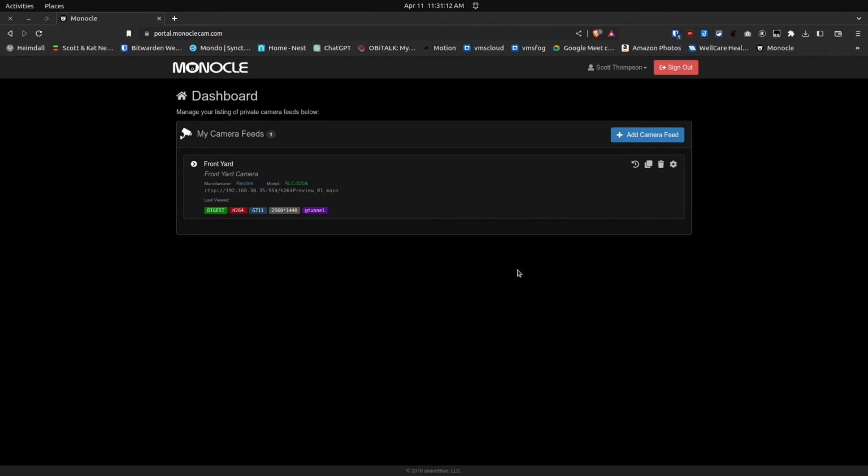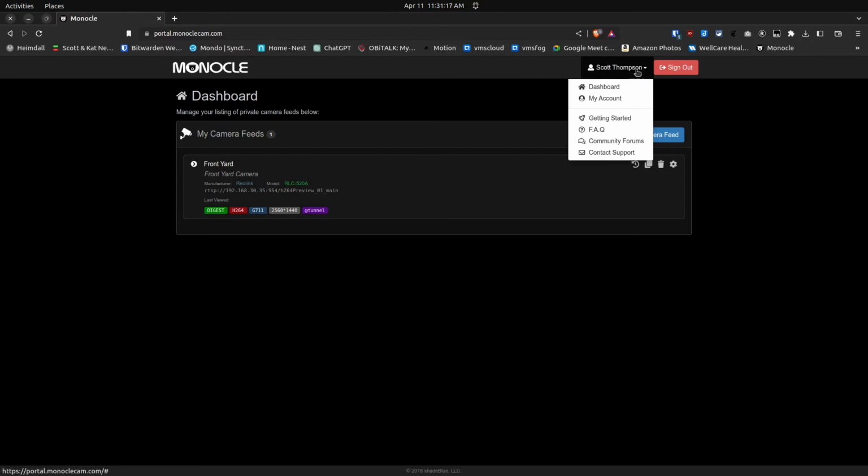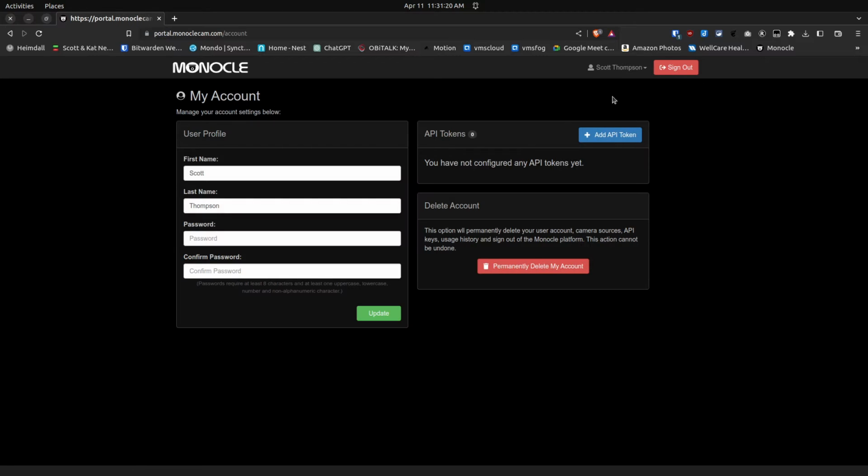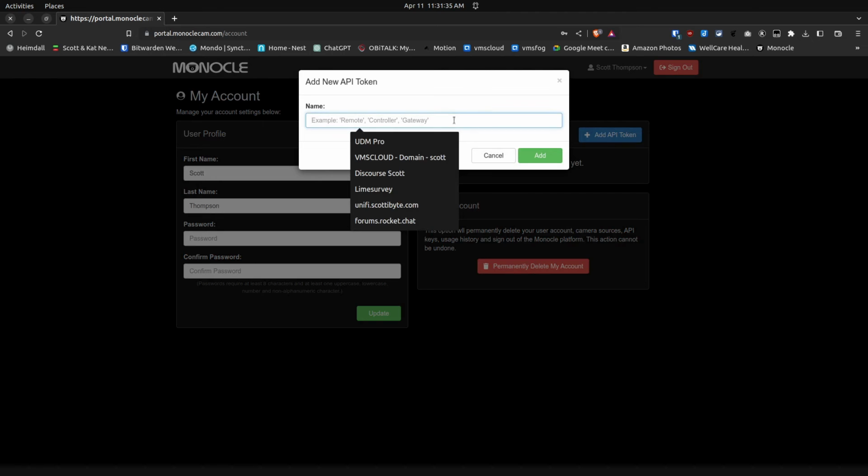Now that I have at least one camera added, I want to go up to my username here and click on it and go to My Account. In My Account, I have the option to change my name and also my password, but I'm not going to do that. Instead, I'm going to go over here and say Add API Token, and then type in maybe something like Monocle for the name of my token. It really doesn't matter what you call it, because the token is a file that you're going to place on